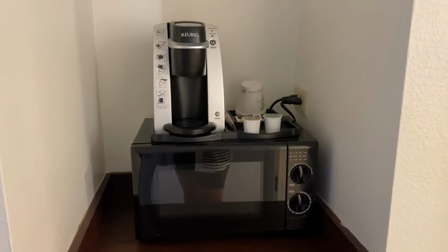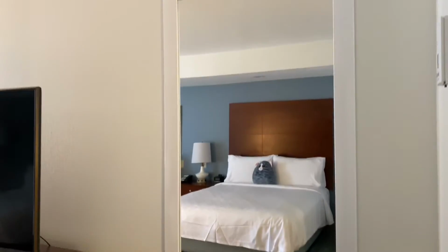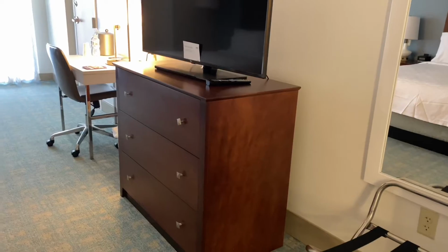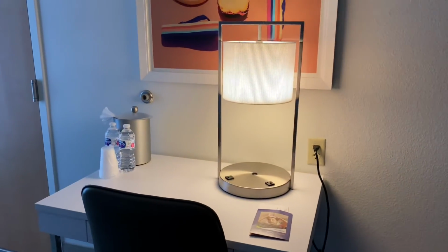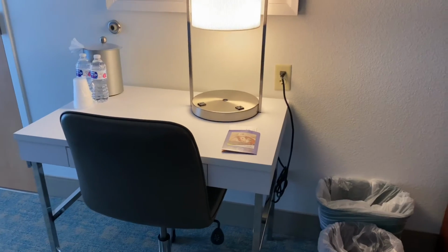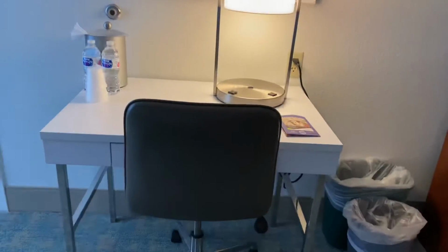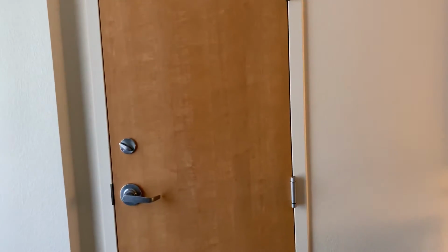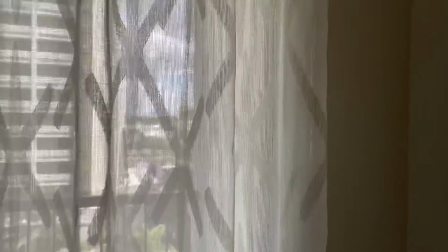And they've got a Keurig coffee machine, and then to your right there's the bed, and you have the full body mirror, and then the TV stand and your TV, of course. And then right here you have the desk, and it comes with 2 free waters, and your 2 trash cans, and that one is a cute area. And this one is just a connecting door, but again it's locked, so it's all right. And then you have a blackout curtain,